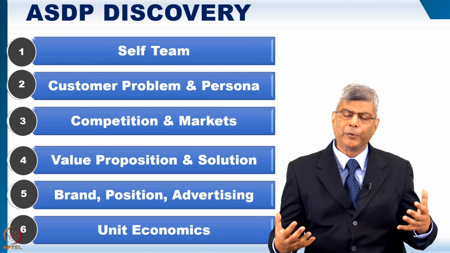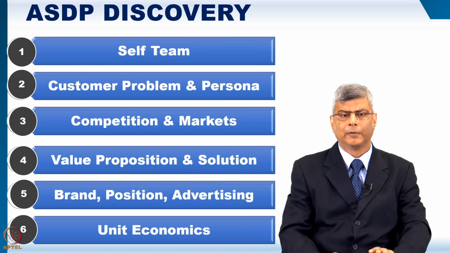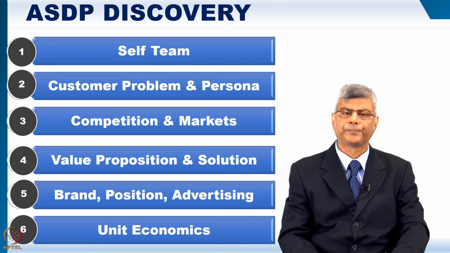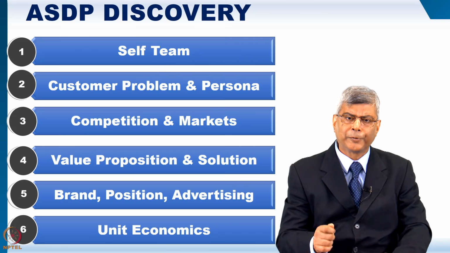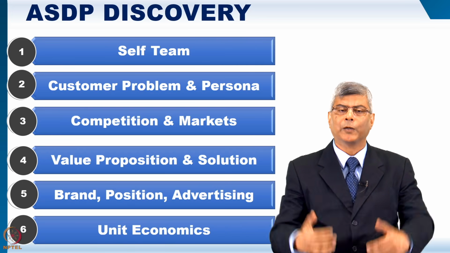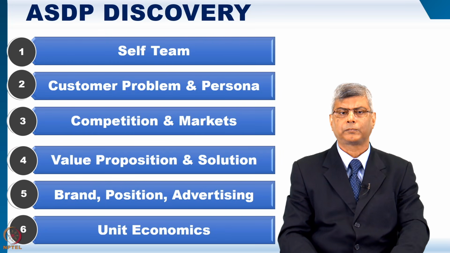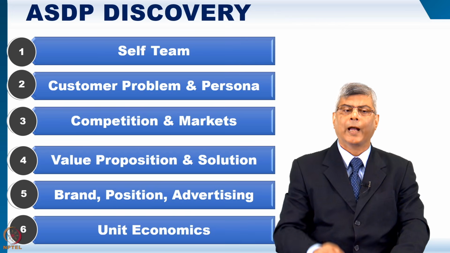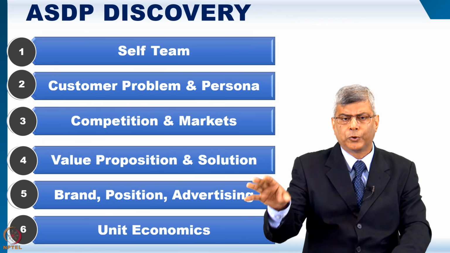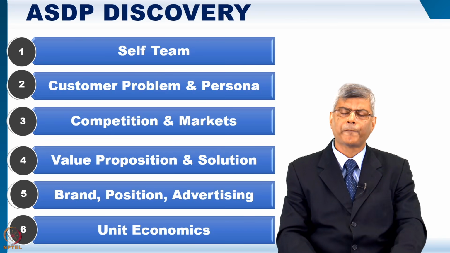And then, once you have got your customer feedback, your market sizing, and your competitive landscape, you need to start developing a value proposition. A value proposition for the customer. A value proposition is what the customer is willing to pay for. And once you have got the value proposition, you start developing the solution. And you will find that these three steps and a few other steps get into the discipline innovation side, because you have to do all of this in a very disciplined way.